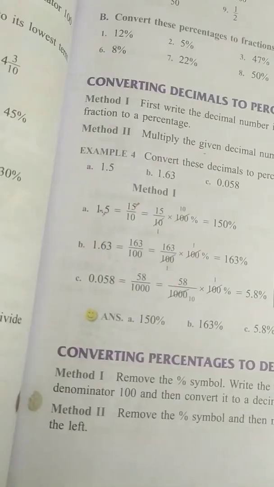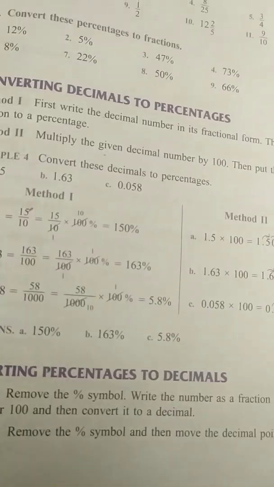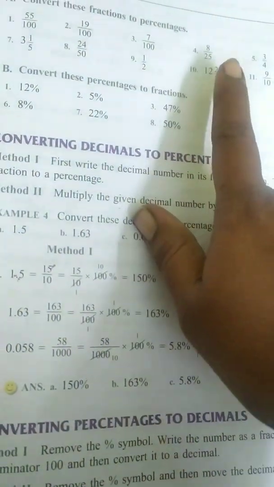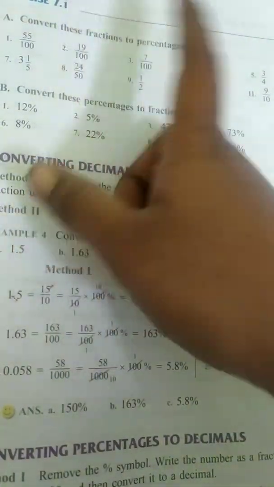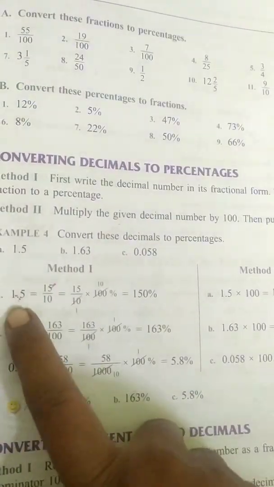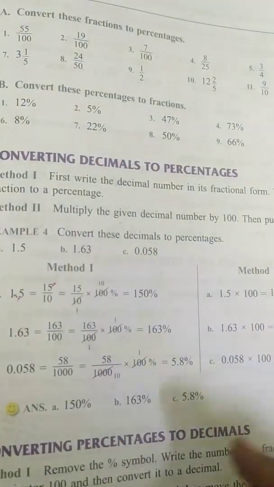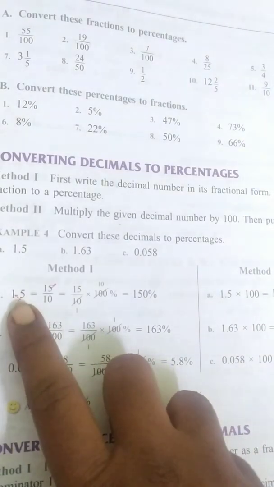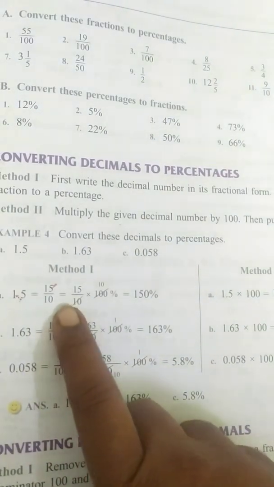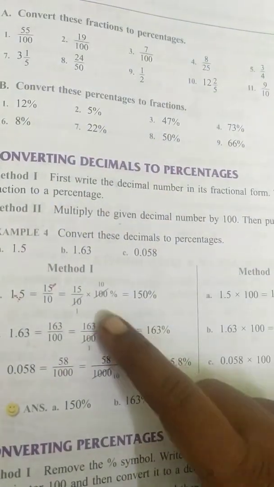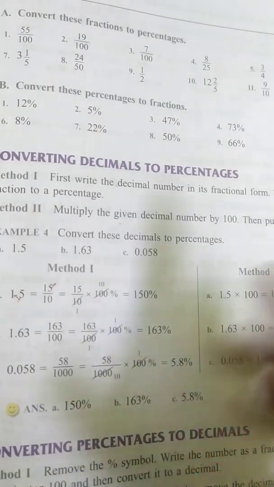Percentage means you convert the fraction into a percentage. So what we will do, we will multiply by 100. 55 by 100 multiplied by 100, the 100 will get cancelled. Answer is 55. Convert a decimal number into a percentage means first we will remove the decimal point. One digit after the decimal point means multiplying and dividing by 10, both numerator and denominator. Then you will multiply by 100 to make it a percentage.